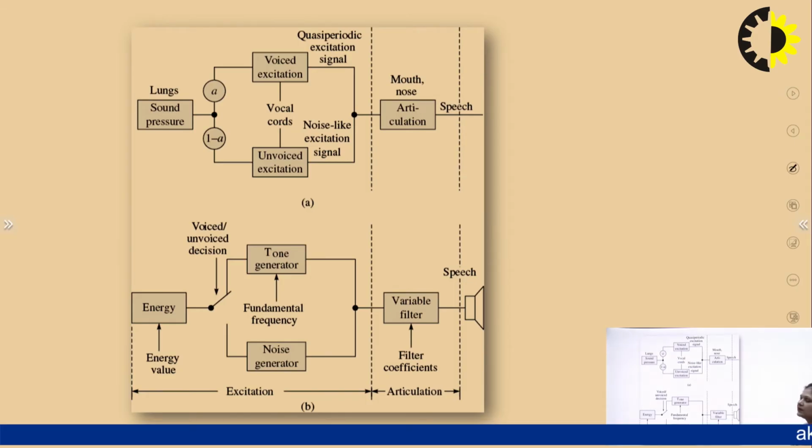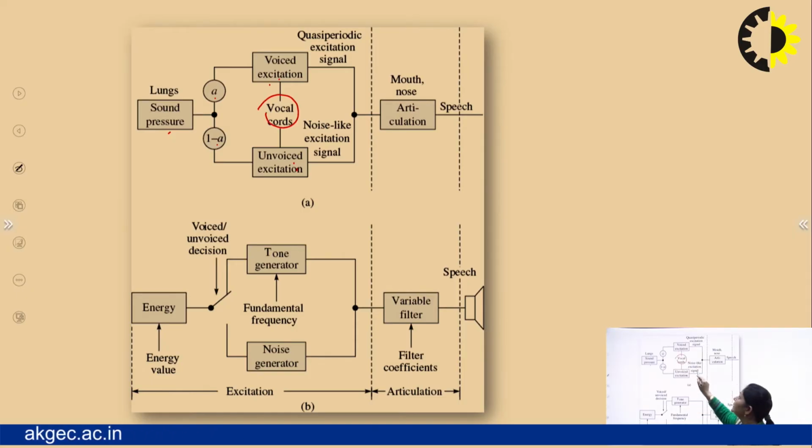Now you can see here, this is the block diagram of voice generation. First is through human speech. You can see lungs, there is a pressure of sound, then there is A and 1 minus A frequencies that are being generated. This goes for voiced excitation, this is for unvoiced excitation, all these under the control of vocal